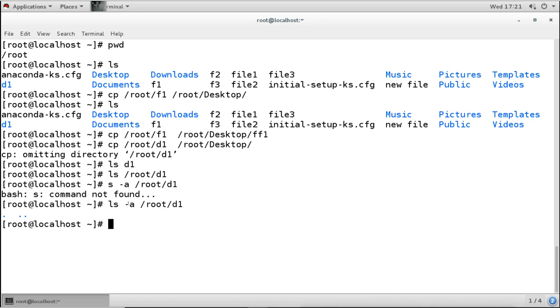So very simple, when you try to copy the directory, it will not allow you to copy the directory because the system thinks maybe there is a file. So for copying the directory, the command is the same, only we have to add one more option here, that is -r. And this -r is for recursive. Now recursive means everything.